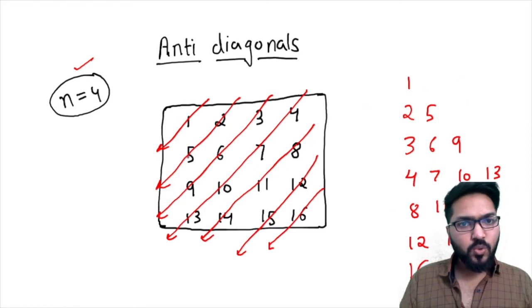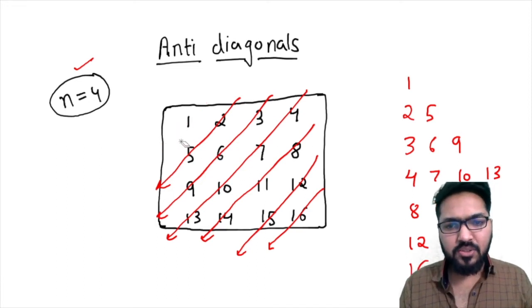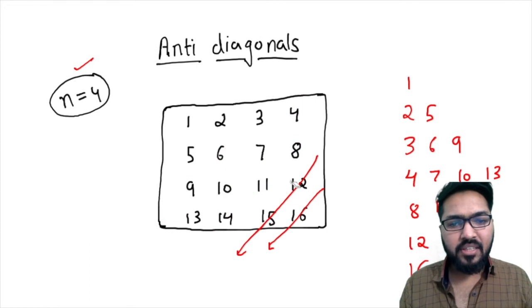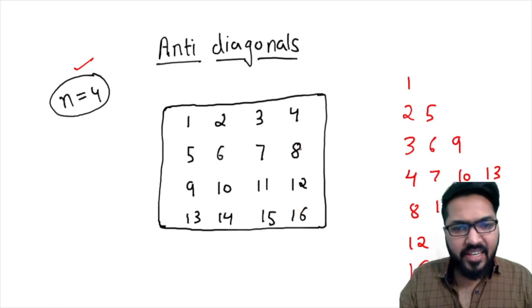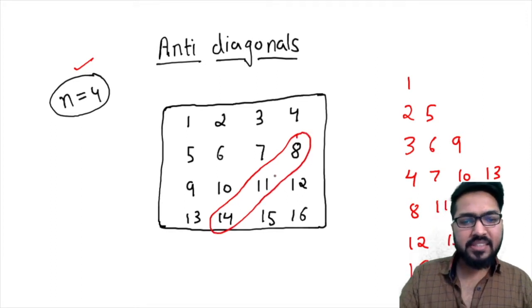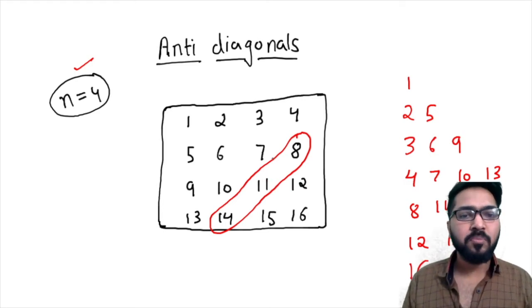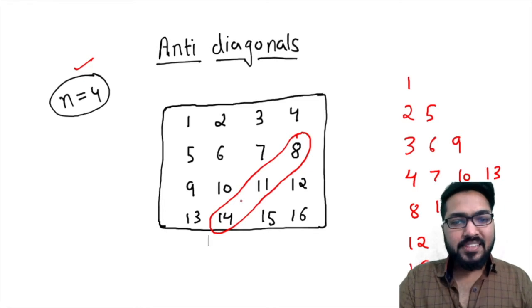Okay, so I would recommend you to give it a try yourself and only then look at my solution. But if you want to use a hint, I can give you a small hint. The hint is, just take any anti-diagonal. Let's say we take this one. Now try to think, how is this 8 11 14 different from others? If you try to understand this, then you will be able to solve this problem. Okay, so now let's discuss the solution.